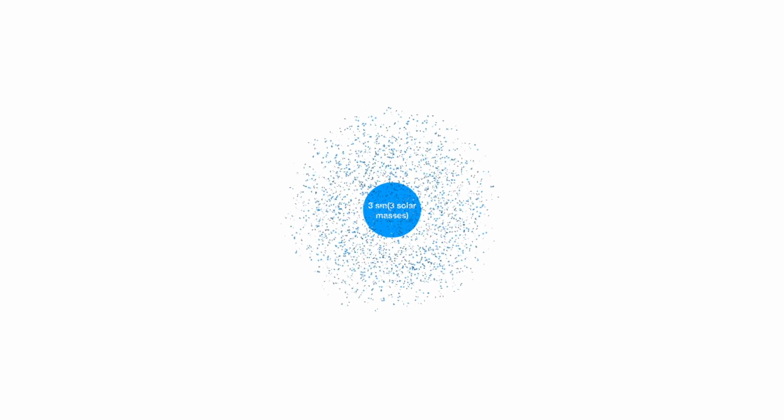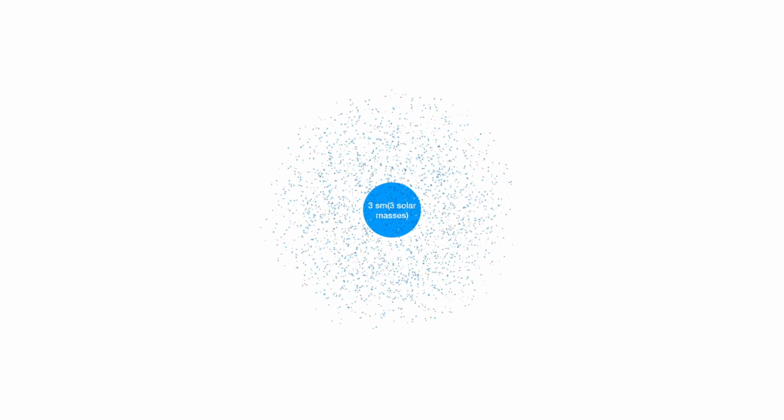So let's say we have a black hole that is 3 solar masses heavy. This is the minimum size for one created in a supernova. For it to evaporate, it will take about